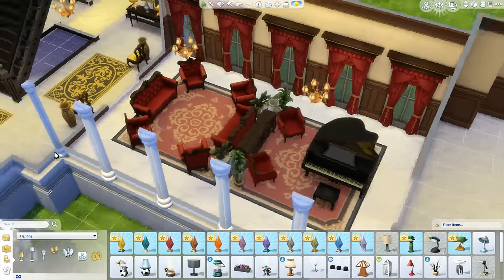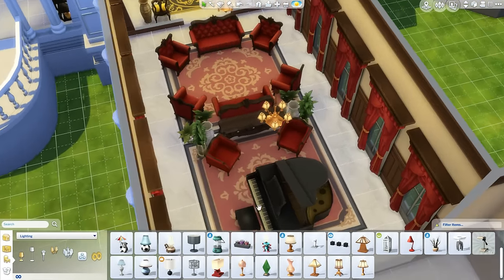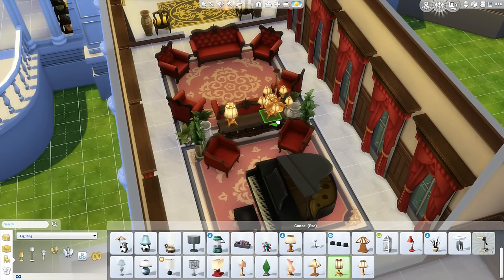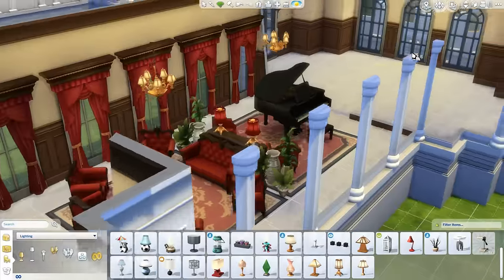Basically, it's just gorgeous. That's kind of why I really liked looking at these plants and how lush they make the space. I feel like it looks really awesome. Plopping in these